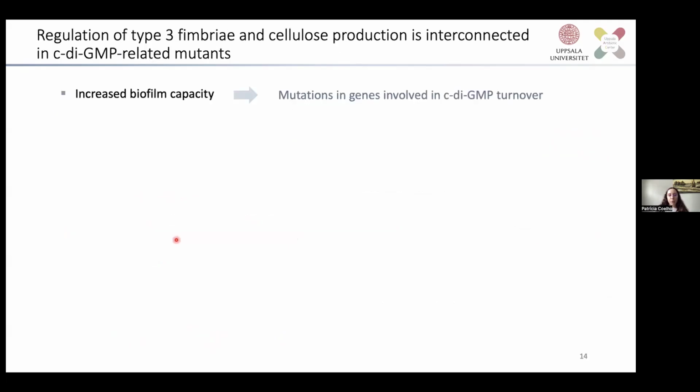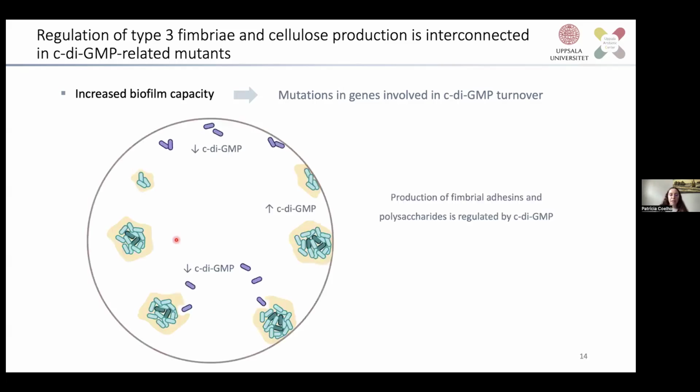And the last group of mutations that we saw were involved in the cyclic di-GMP turnover. So cyclic di-GMP is a second messenger, and it controls many bacterial regulatory pathways, one of them being biofilm formation. And there's still much that is not known about exactly how the cyclic di-GMP controls biofilm formation, but the rule of thumb is at early steps of biofilm formation, or we don't even have a biofilm here yet,